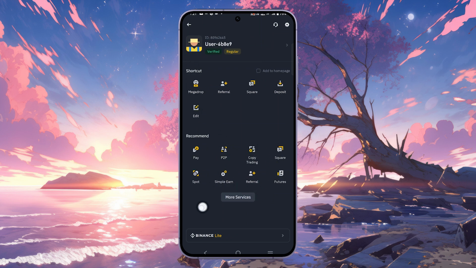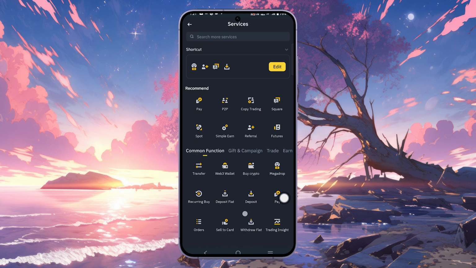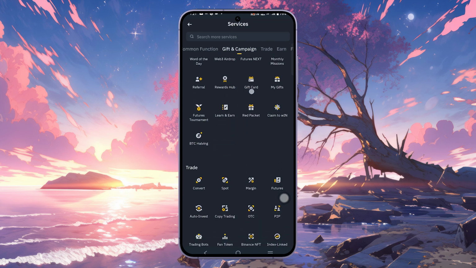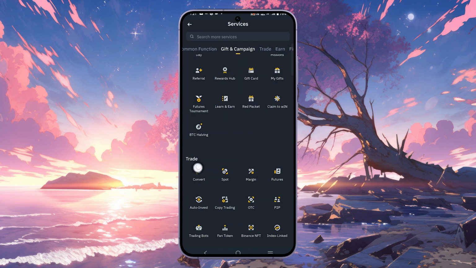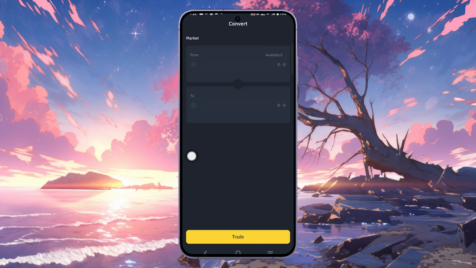and make sure you are on pro mode. So if you are not in the pro mode, you will find this option Binance Pro. Just tap this option. So right now I'm in pro mode, and make sure you are in Binance Pro mode, right? And here you will find this option more service. Just tap this option, and then we need to find this trade, and here we are in this convert option. Just tap this convert option